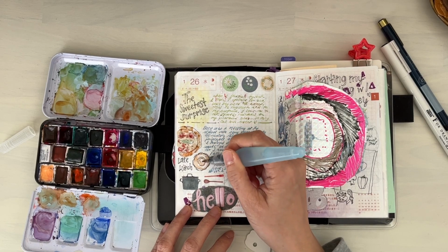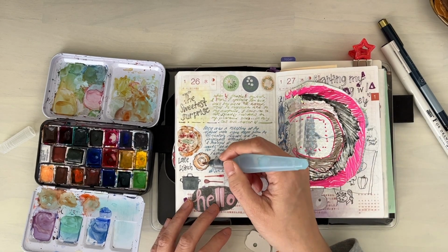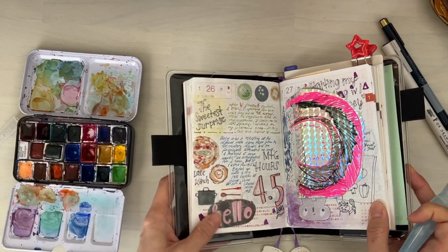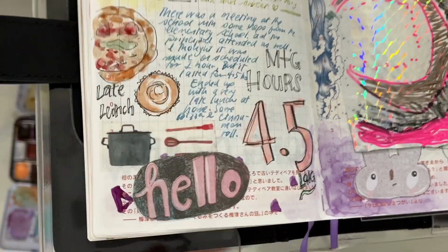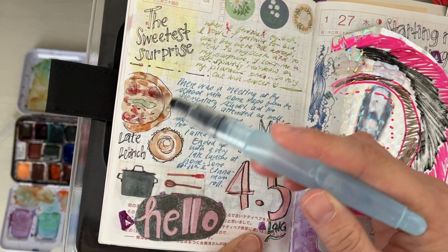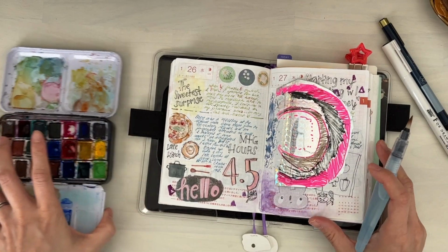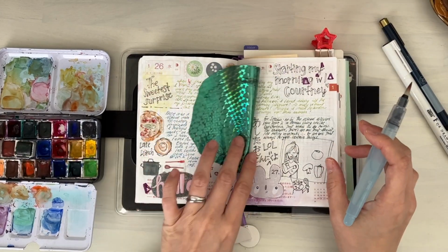So you can see here the white part, I left it as is. It's kind of like a highlight, like I said, or the frosting, I guess, in a way. So it's not necessary to color the whole cinnamon bun in. I just left some white space. Same with the pizza. I just blotted it, and I will most likely add some pencil crayon later if I want to color some more. I should let it dry, but I'm very impatient, so I'm just going to move forward to the next one here